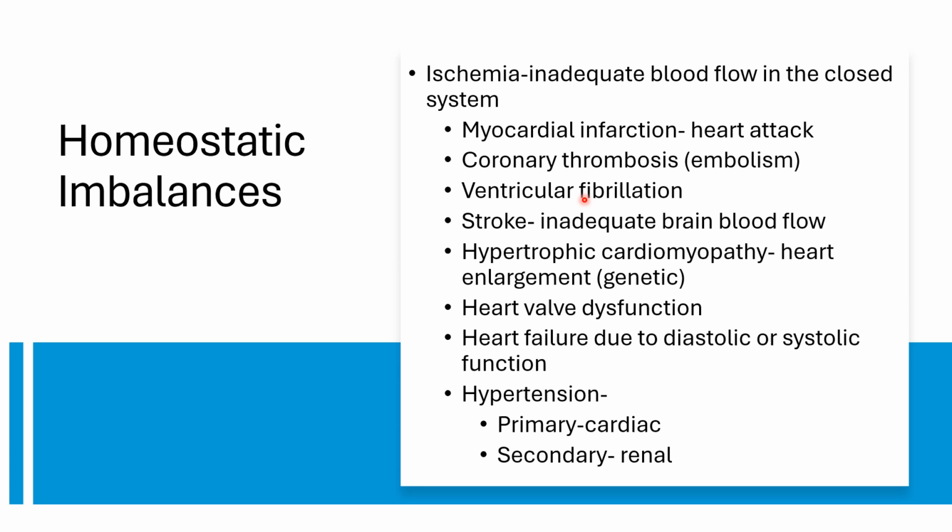Homeostatic imbalances, there's so many of them. I'm hoping some of you might pick some of these for your topic. I don't remember if any of you did, but ischemia is the general term for inadequate blood flow in the closed system. There are all kinds of ways that that can happen, okay? And you can look up any one of these. You looked up some of them and discussed some of them in your cardiac case study, so I'm not going to go into each one of these, but I want you to take a look at them and think about